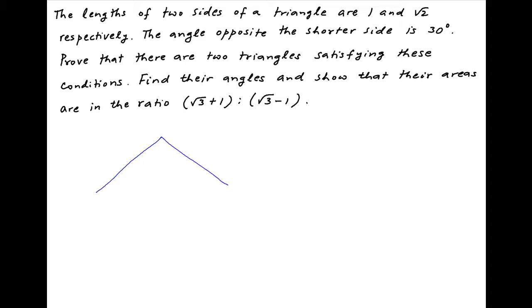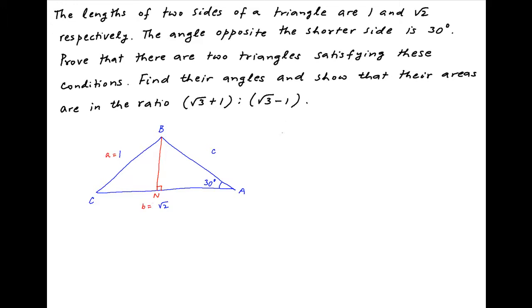Let's assume that the given triangle is ABC. Let's assume that the shortest side is BC, and is therefore equal to 1 as per the problem statement. The angle opposite it is angle A, which is equal to 30 degrees. Let's assume that side AC is equal to root 2 and that side AB is equal to C. Now drop a perpendicular from the vertex B onto the opposite side AC, and let's assume that the foot of